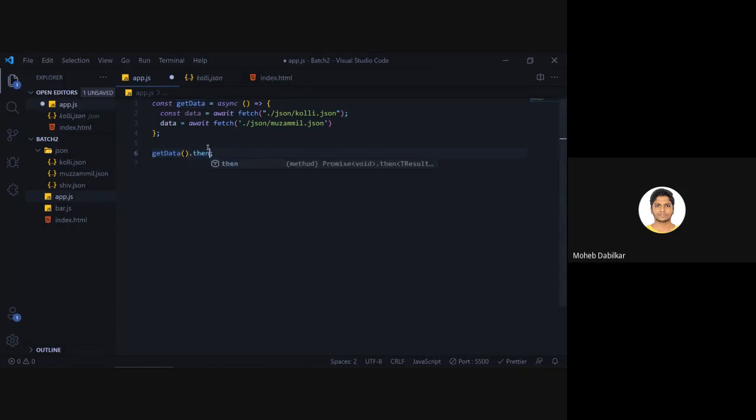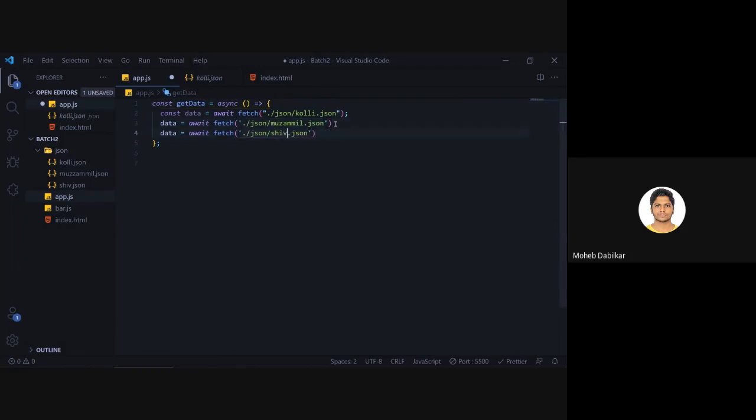So if you were to say .then, and then there is another .then, and then there is another .then, if there is an error inside one of the thens, it will just stop your program from moving forward, and it will just go to the error. So you will have a catch block, and inside that you will have an error, and you will just say console.log error or whatever you are doing with the error. So right now, even if one of them fails, they will just go on and continue.